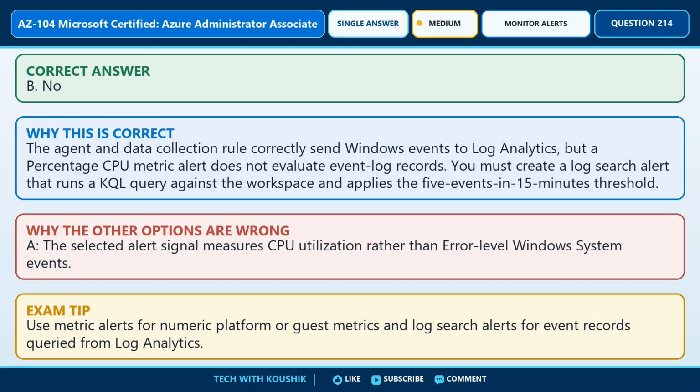The correct answer is option B, no. The key reason is the agent and data collection rule correctly send Windows events to Log Analytics, but a percentage CPU metric alert does not evaluate event log records. You must create a log search alert that runs a KQL query against the workspace and applies the 5 events